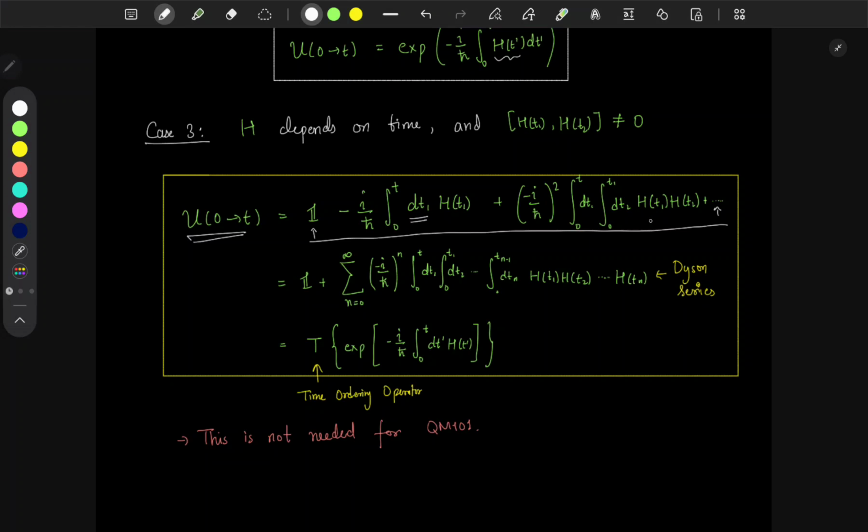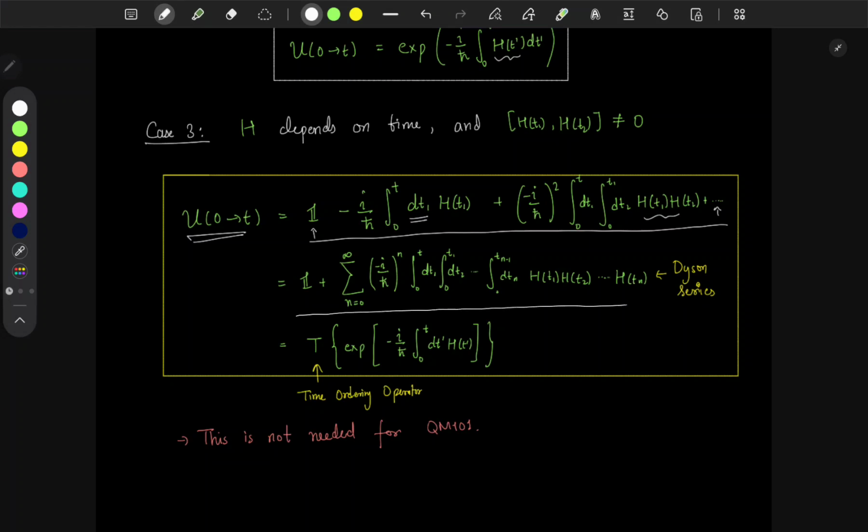And there's this second term where you take H(t1)H(t2), first integrate out t2 from 0 to t1, and then this quantity you integrate over t1 from 0 to t, and you keep doing that for more and more terms. Like there will be 3 terms, H(t1), H(t2), H(t3) and so on. So in general,